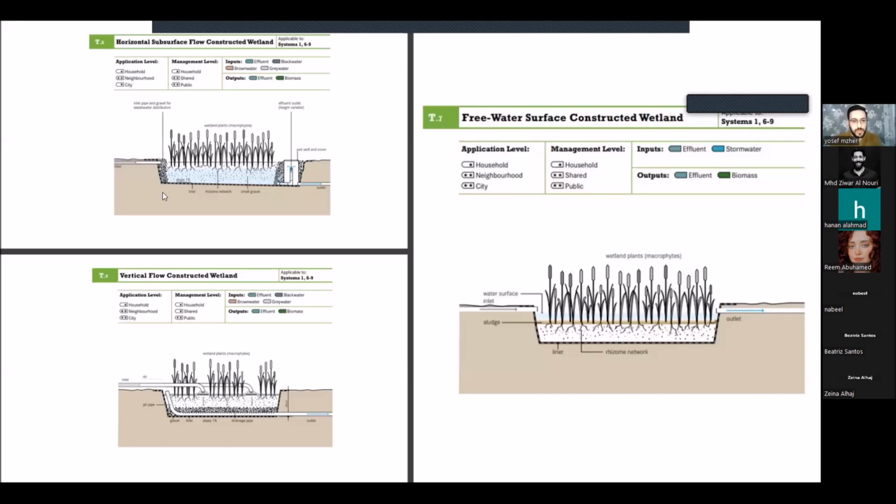The wastewater comes in, ideally after it went through a septic tank or an anaerobic reactor. So the water goes in, goes between the roots of the plants. It helps remove any smell remaining, and at the end of it, okay,